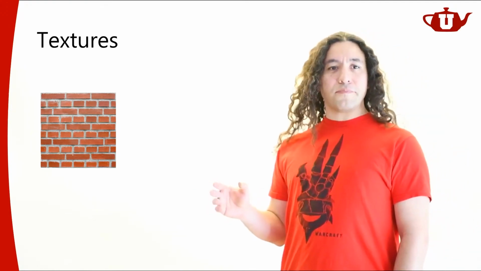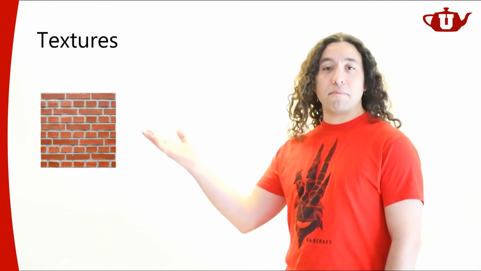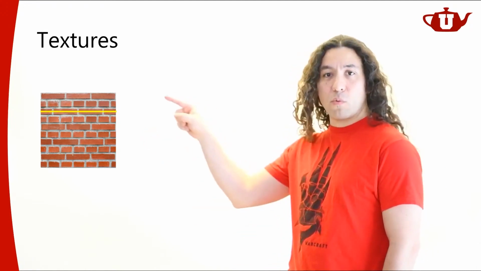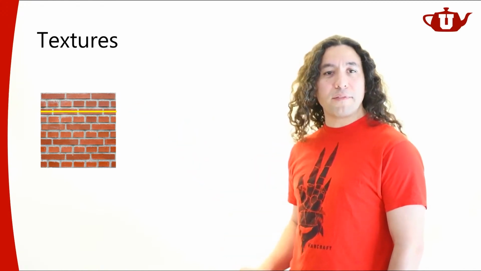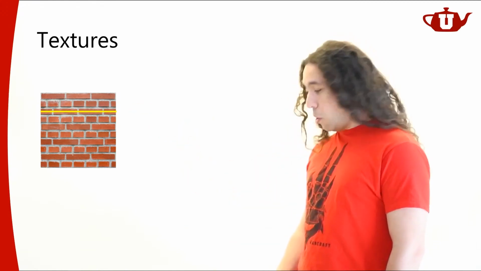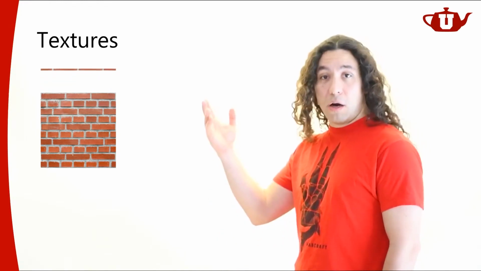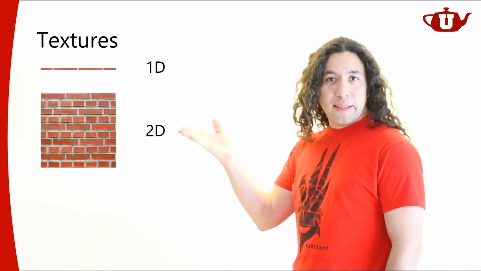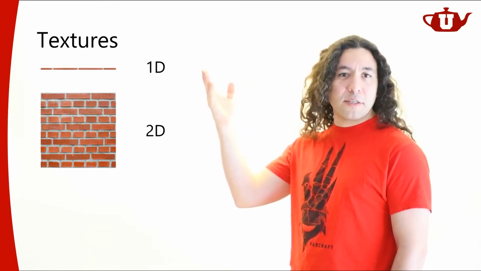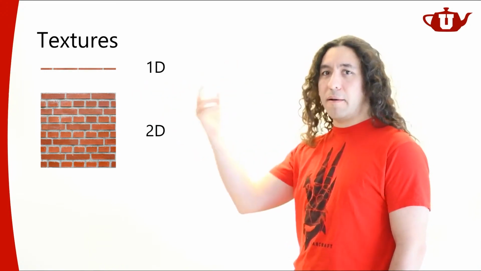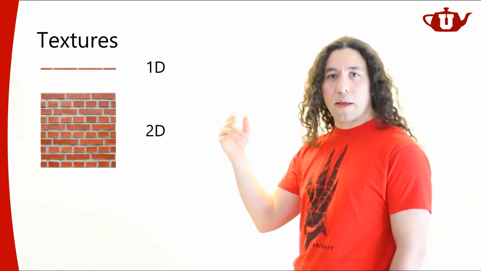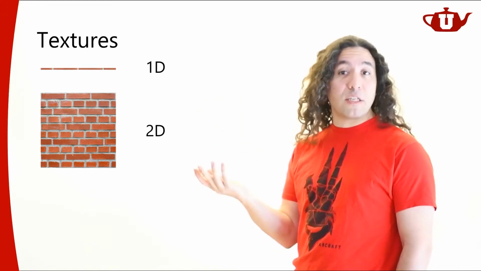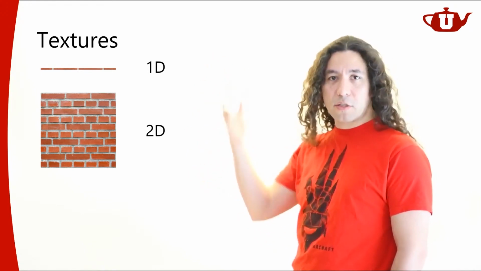But textures don't have to be just a 2D image like this. Imagine just one slice, one row of this 2D image. That one row of that image could be a texture itself, which would be a 1D texture. And this is a 2D texture. So we can have 1D textures, which are just a row of pixels. Or I can have 2D textures, and both would be recognized by my GPU. My GPU has 1D textures and 2D textures.